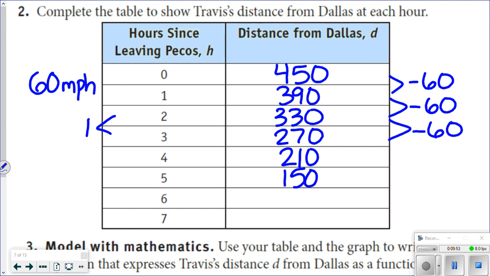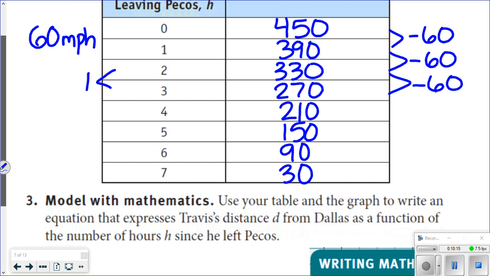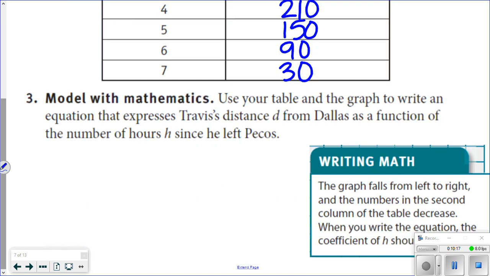150, 90, and 30. So our table doesn't end at 0, remember, because it takes 7.5 hours. So at 7 hours, he still has 30 miles left to travel. Okay? So for question 3, it says use your table